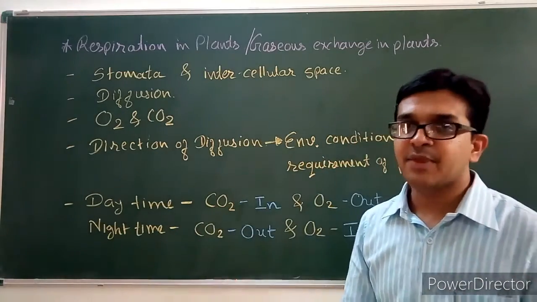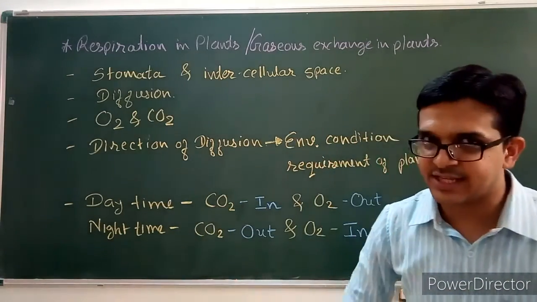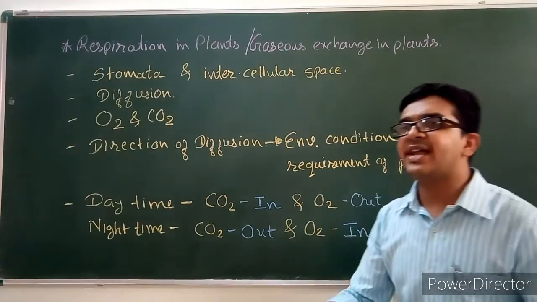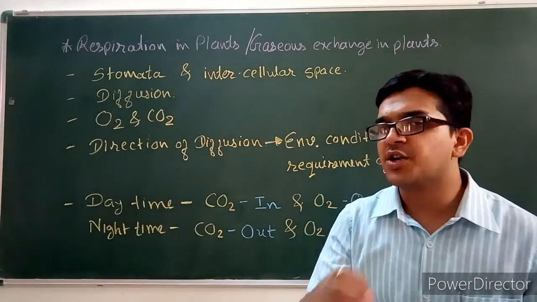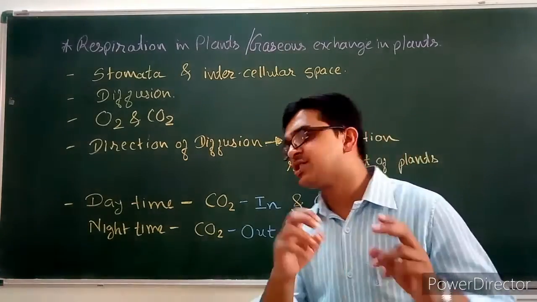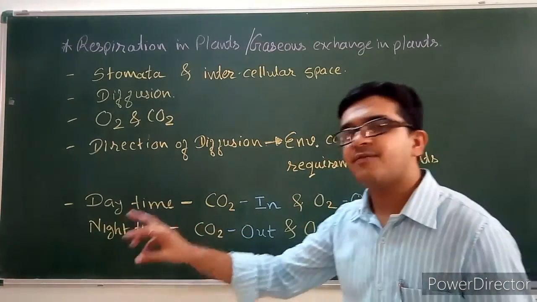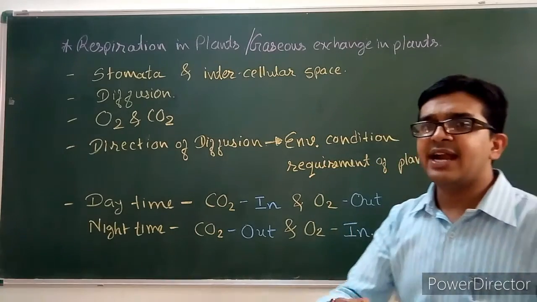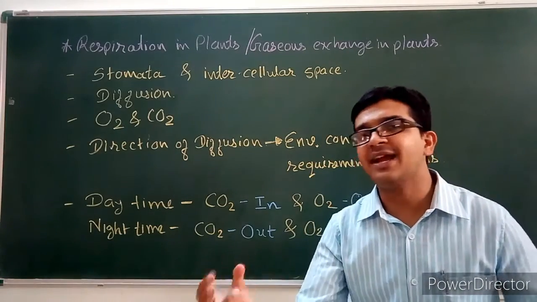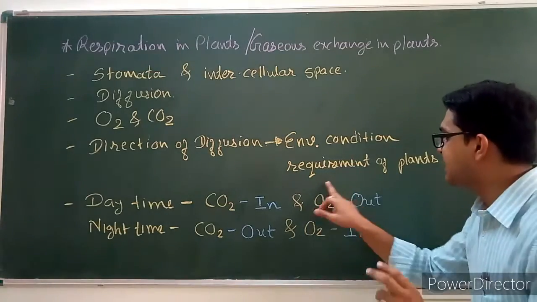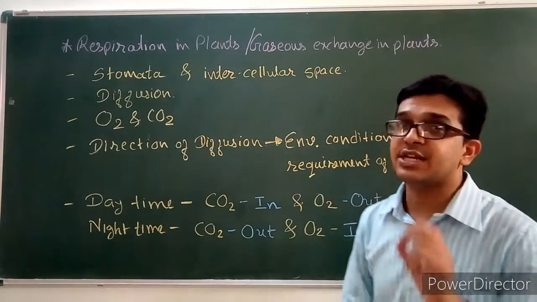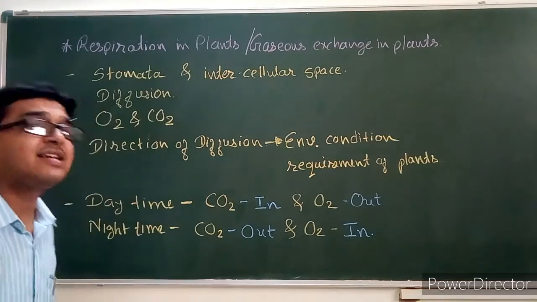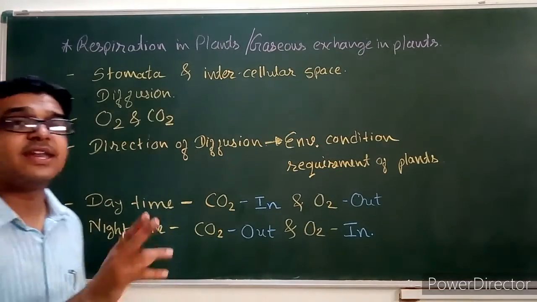During daytime the plant performs the photosynthesis process. So whatever carbon dioxide is generated due to the respiration process is used up by the plant for photosynthesis. So no carbon dioxide is left to release, then what does the plant release? The plant releases oxygen during the daytime, but during the night time